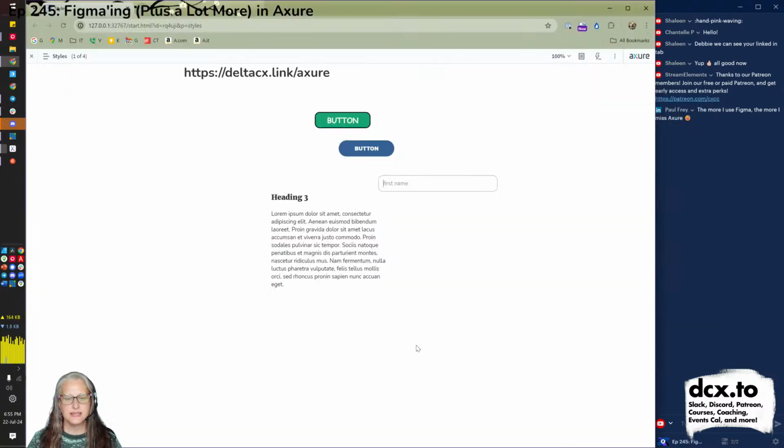So that way we can see by default we said this was disabled. Now notice that not only does disabled change the look of it, but I can't click in it. I can't type in it. So not only does Axure understand that it's disabled and give you a visual style of what our disabled form field looks like, but it also doesn't let you type in it.